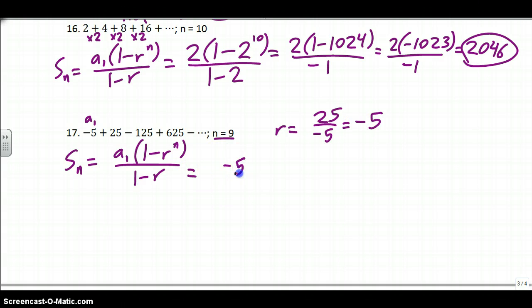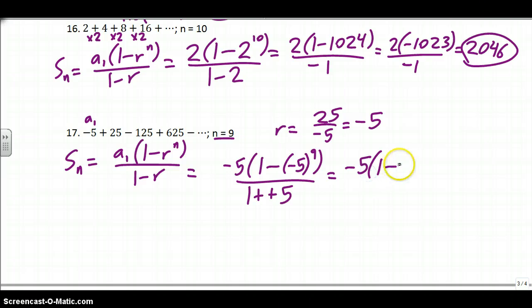A1 is negative 5. 1 minus r is negative 5 to the 9th power over 1 minus negative 5. Now, on the bottom, it's okay to go ahead and make that plus positive. But here, we can't yet. I need to do the power first. 1 minus, what is negative 5 to the 9th? And again, make sure you put negative 5 in parentheses. You get this, if you do it right,